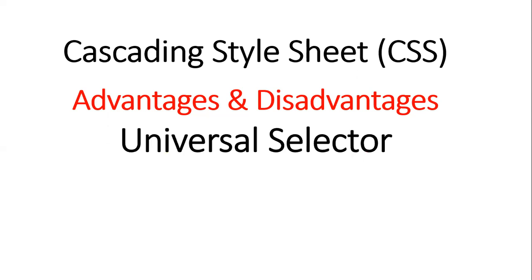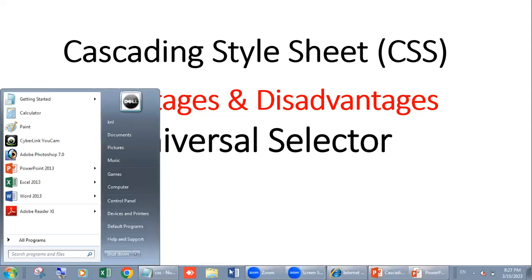First is universal selector. Universal selector works like a wildcard character and is used to match and apply a style to all elements on the web page. Means once you define any option or any display setting in universal selector, you can use this setting anywhere on the web page. Now I am going to reduce the screen for your